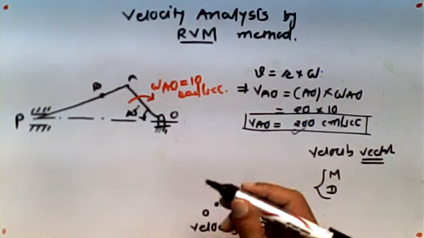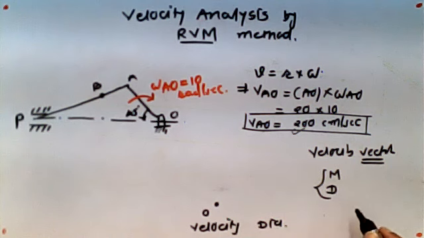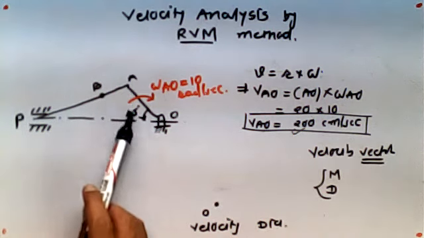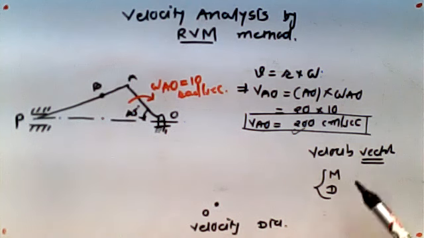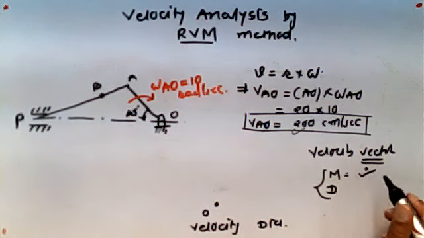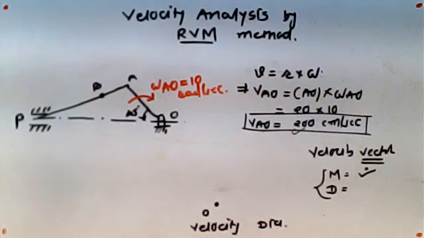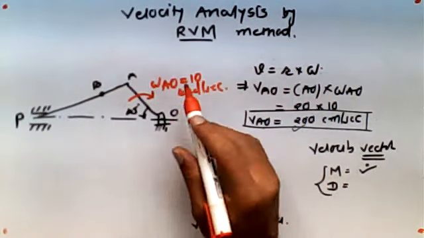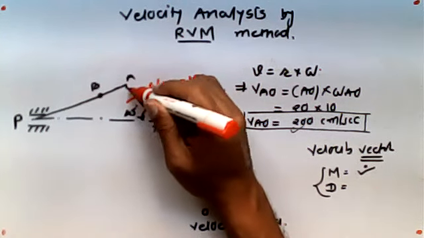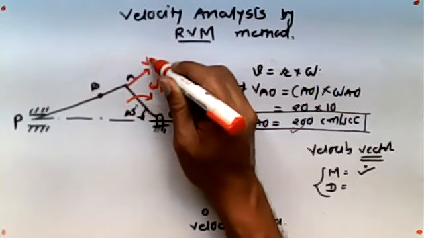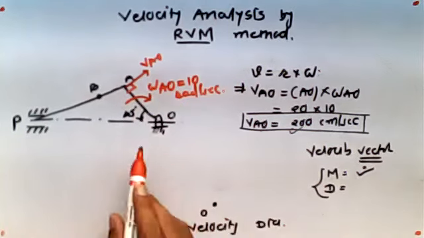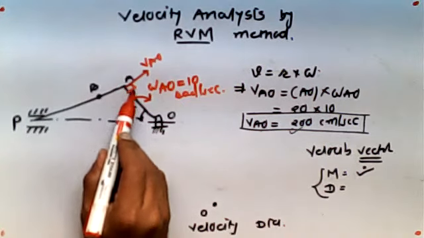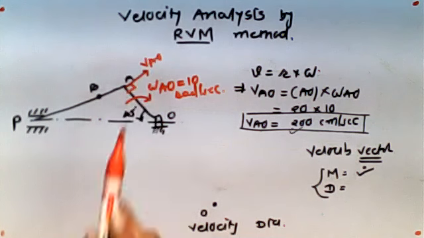Then we can say it is a vector quantity. To draw the velocity vector, you must have magnitude and direction. Now here, for this particular link, the velocity of A with respect to O is there. That means the magnitude is known to us. Direction: suppose it is rotating in the clockwise direction, the direction of the vector will always be perpendicular to this link AO, correct? The link will be OA, and perpendicular to that will be your velocity vector.